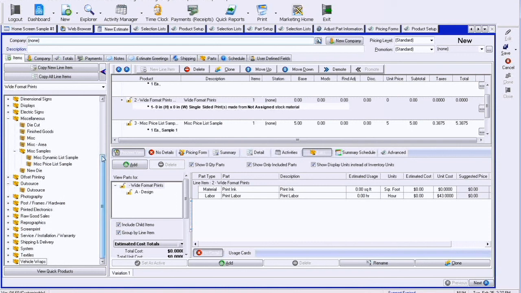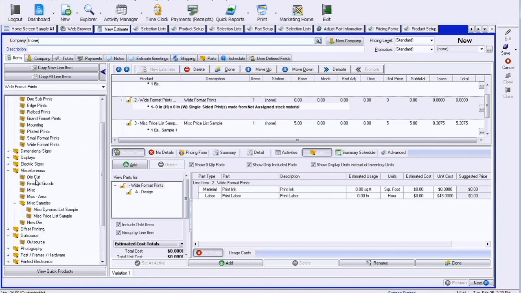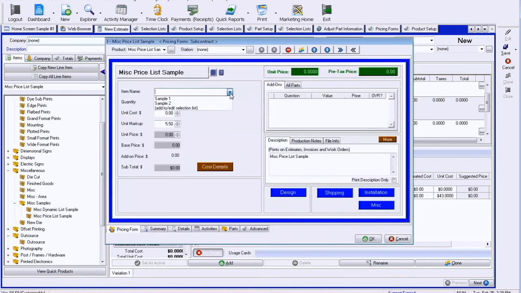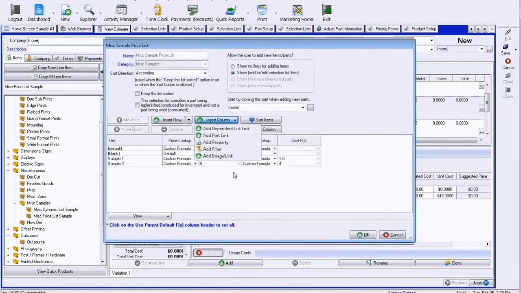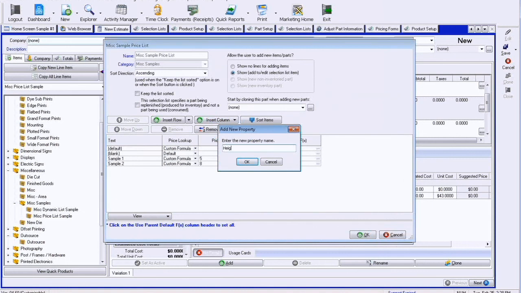Now, again, this is all kind of theory at this point, but if I wanted a product where I could just select 18 by 24 core class signs, and it'll automatically fill out everything I need, but have a drop-down list. In theory, that's possible. Again, you'd want to get with your startup person, and it takes a good bit of design work, but in short, if I took this miscellaneous list sample, we were talking about list earlier, right? I could go in and insert all my different properties. So height,